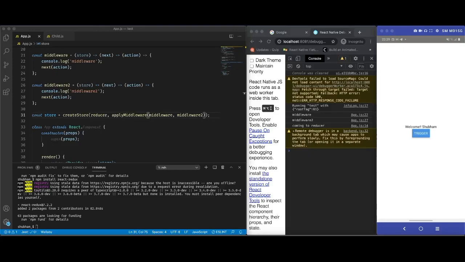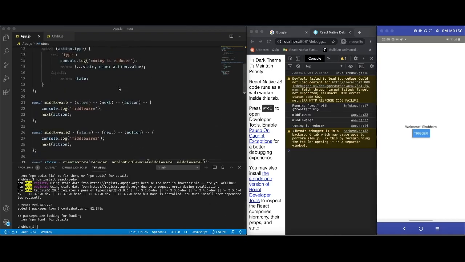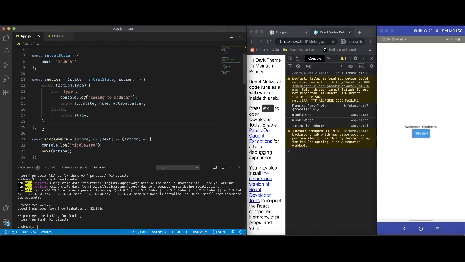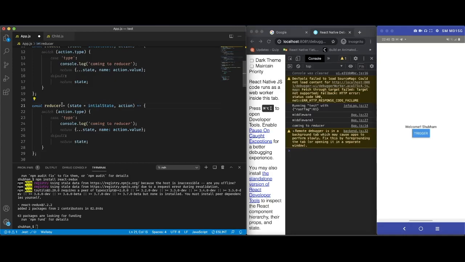The last thing that we are going to discuss in this video is the case when we want multiple reducers. Before seeing this in action, let us create another reducer. For creating the reducer, we are going to copy and paste the existing one, rename it as reducer 2, and change the type to type 1.